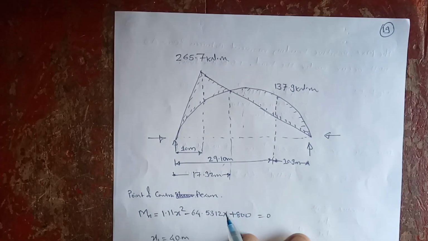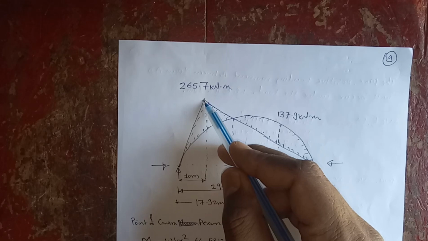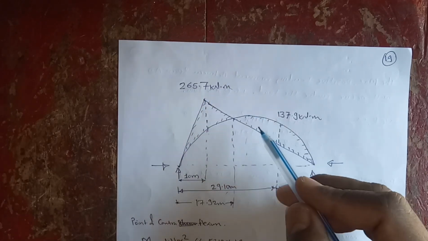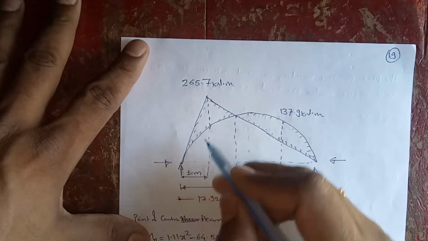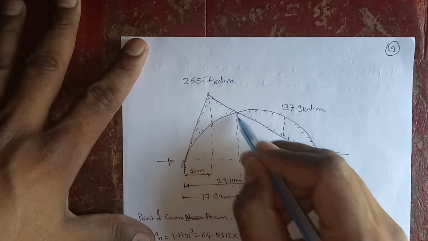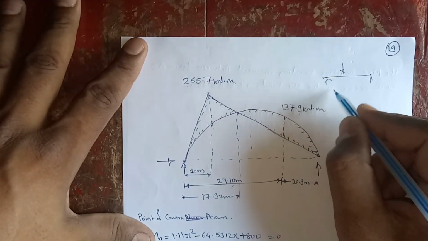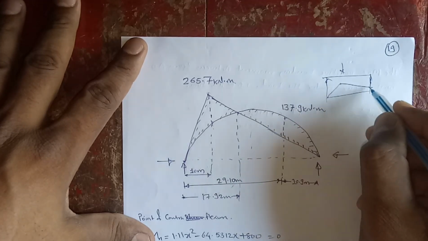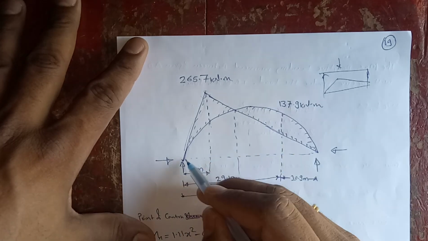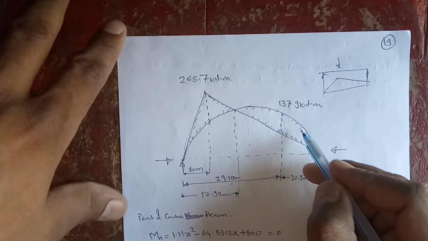So after that we'll plot the bending moment diagram. Bending moment at A is 0, at point D or 10 meter it is 26.75. If you see, this is the beam bending moment, which is typically a triangle. We already know that if there is a point load, then the bending moment diagram for this beam is a triangle. So this triangle is due to beam moment, and this parabola corresponds to the bending moment due to horizontal thrust.